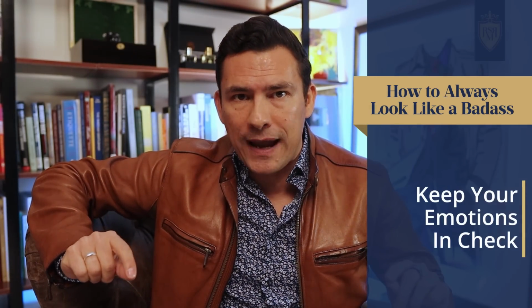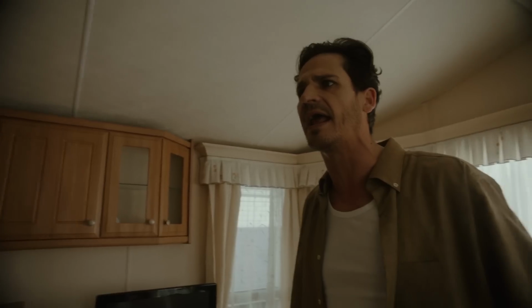The next tip to looking like a badass is to be able to keep your anger in check. Somebody says something to rile you up, or they say something you completely disagree with. Don't lose your head. Don't lose your temper, because then you look like a hothead, not a badass. A badass is when people say something and it offends you, they're trying to get a rise out of you, and you can just simply look at them